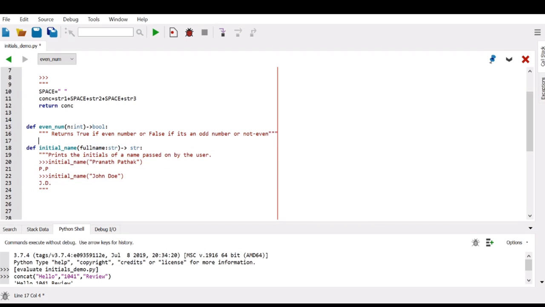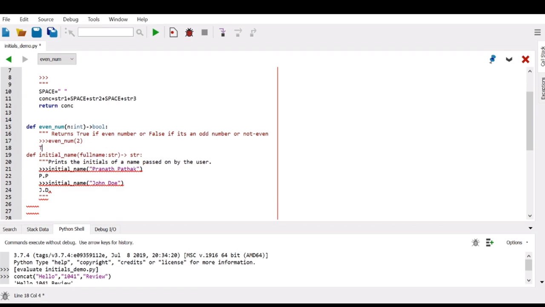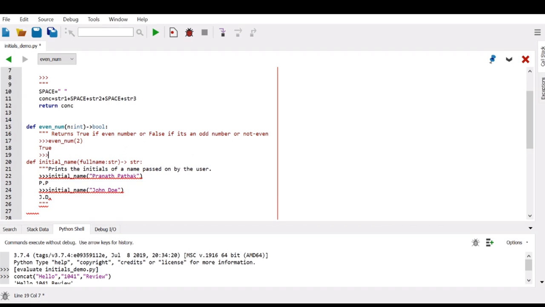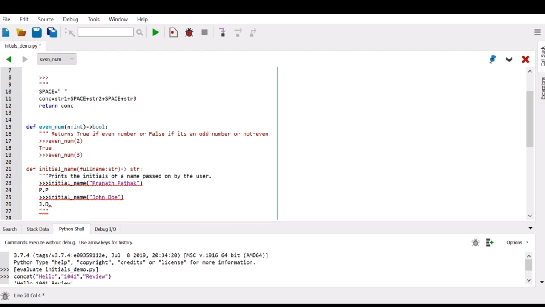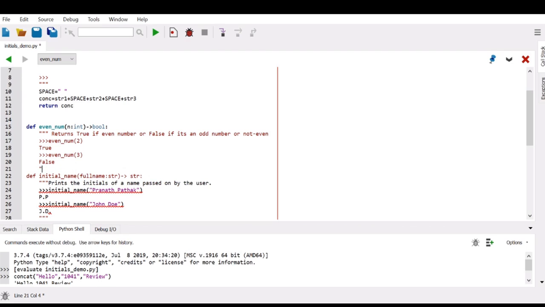I can put some test examples. Let's say even num and we give it 2. This should return us true. Even num, if we give it a 3, this should return us a false because 3 is not an even number based on how we know of math.